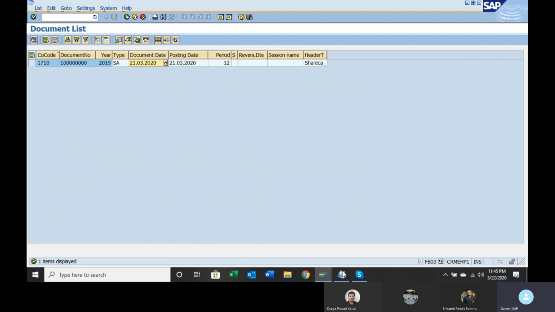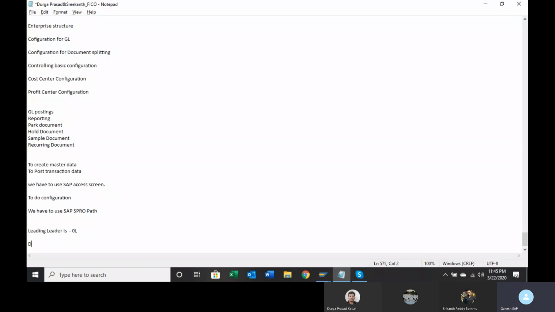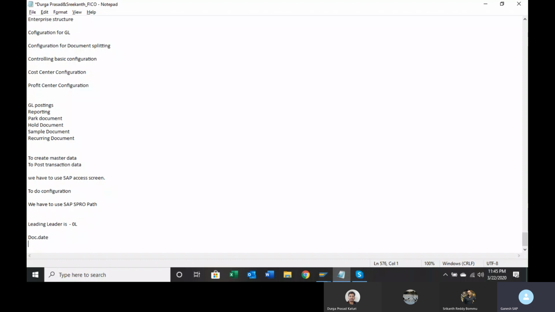Let's talk about document date and posting date for a while. Document date is nothing but the date on the invoice or on the voucher. Posting date is the actual posting of the transaction into the system.